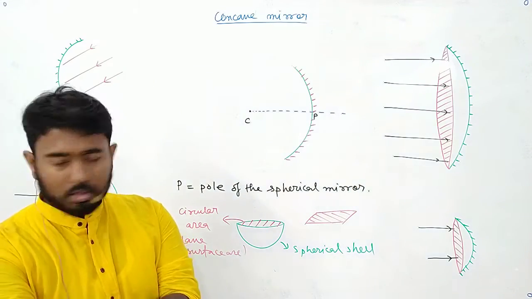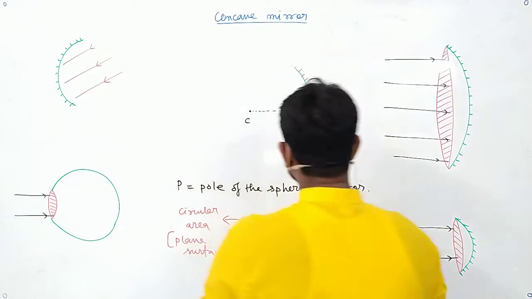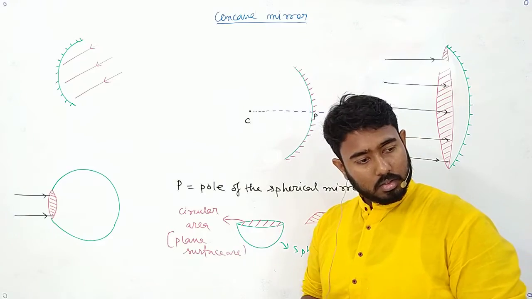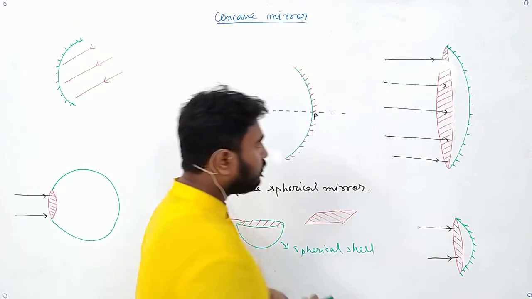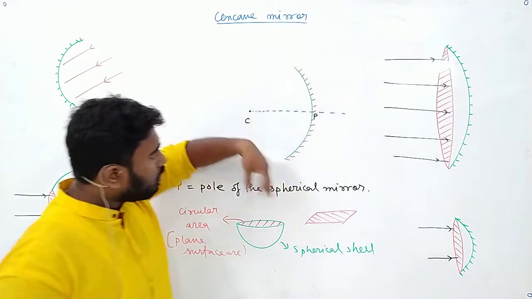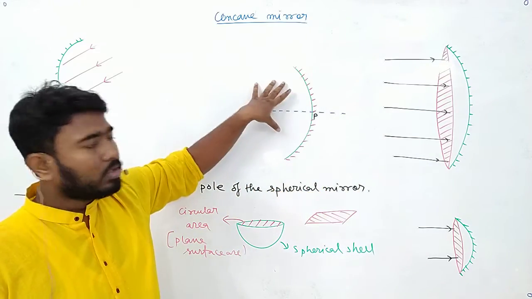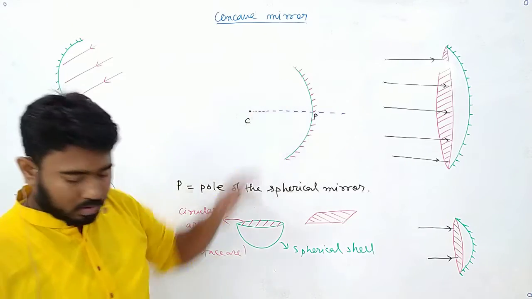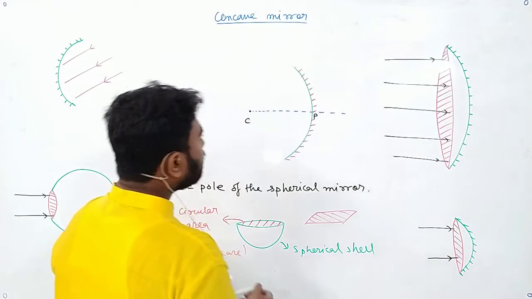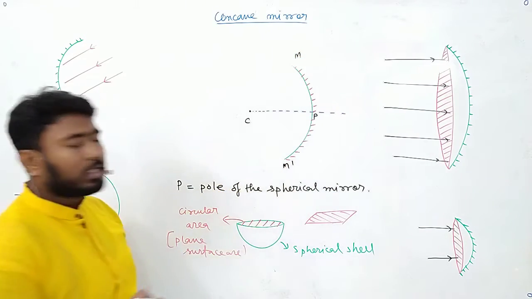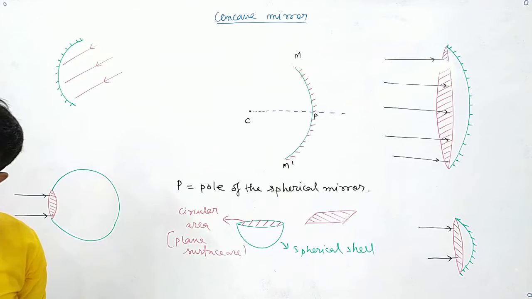Where is the aperture? In this figure, if we need to draw the aperture, it will be this portion. Is that clear? But every time it becomes difficult for us to draw a plane surface area, because if we draw a plane surface area, our image will be clumsy. We need to draw a clear image, right? So in that case, we will simply name it as M and M dash, and we will tell that M dash is the aperture. Is that clear?